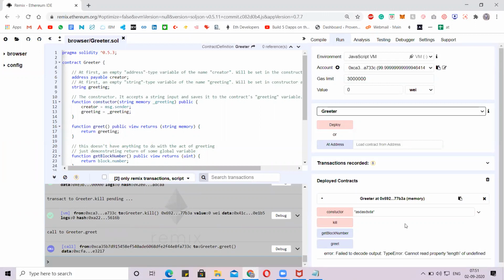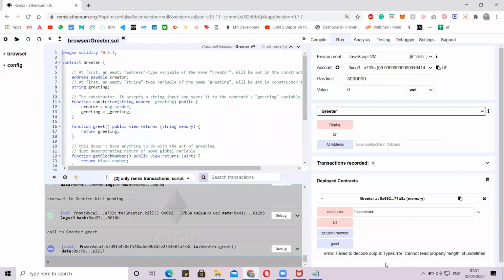Kill is nothing but a function where we are killing our own contract from the network. This is a way it comes if you have some issues or errors, where you give the owner permission to kill the contract. We can even kill a contract from the code, but we have to mention that in the code.